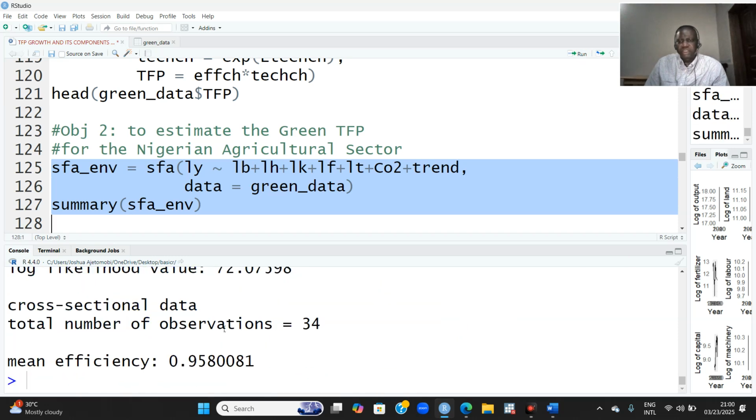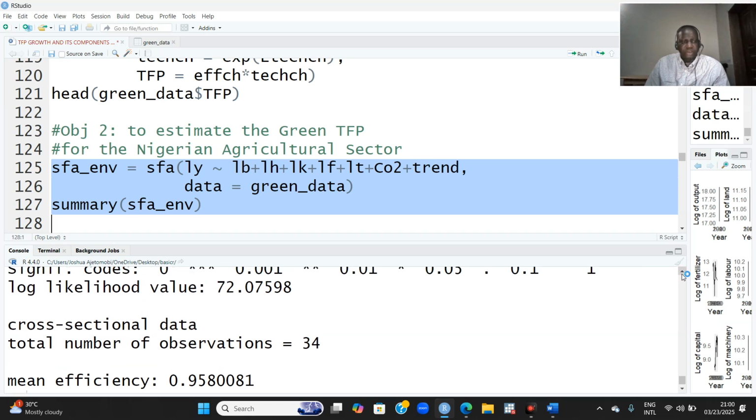So good, you can see that there is a slight increase in the mean efficiency when we included the carbon dioxide emission. Yeah, perhaps the nation is actually doing a lot to ensure that the carbon dioxide emission from agriculture is mitigated. Yeah, so let's